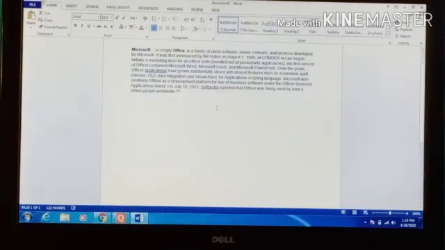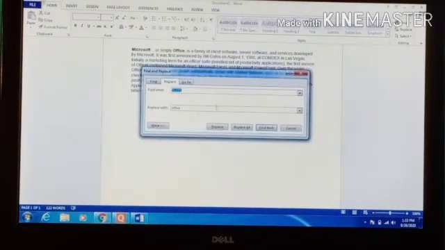Because your topic is finding the text, you just click Control H, and then find and replace. Find what? Suppose find office, then officer, then Find Next. Whether it is office or officer, you always see the indication in the file.